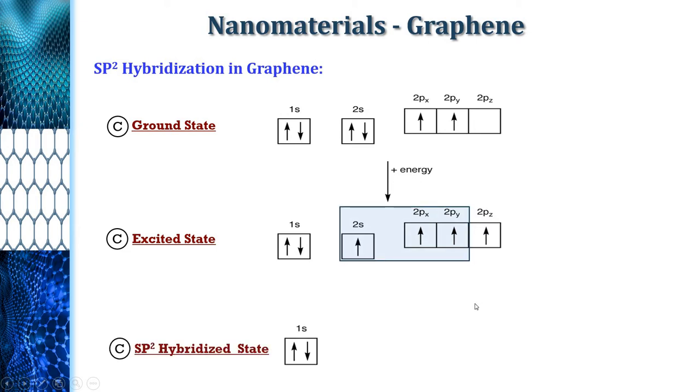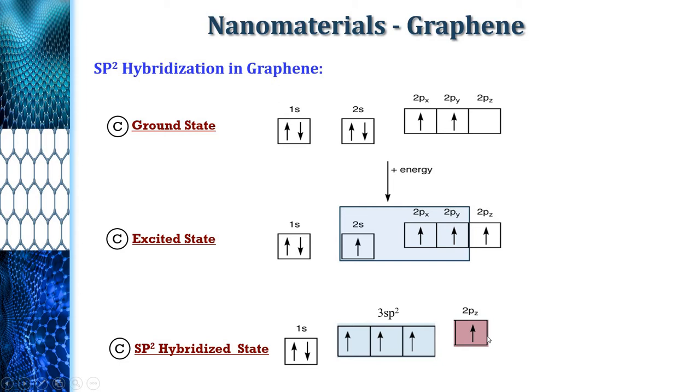So sp2 hybridization. After sp2 hybridization, the 1s orbital, the innermost orbital electrons, will not get affected. They will not take part in bonding. The 3 hybrid orbitals formed by the combination of the 2s orbital and 2 of the 2p orbitals are called sp2 hybrid orbitals. So 3 sp2 hybrid orbitals are formed with 1 unpaired electron each, and the